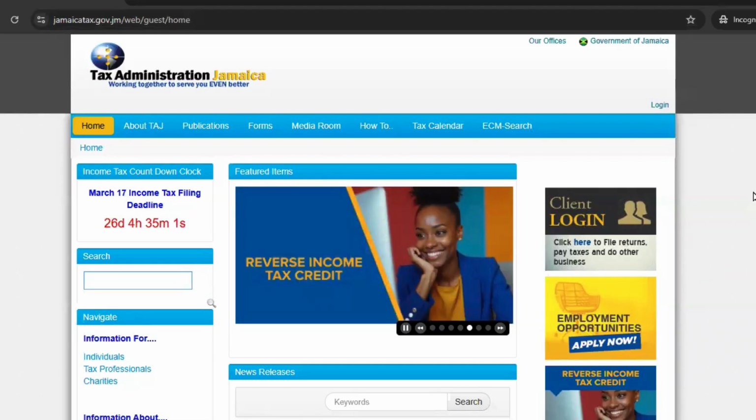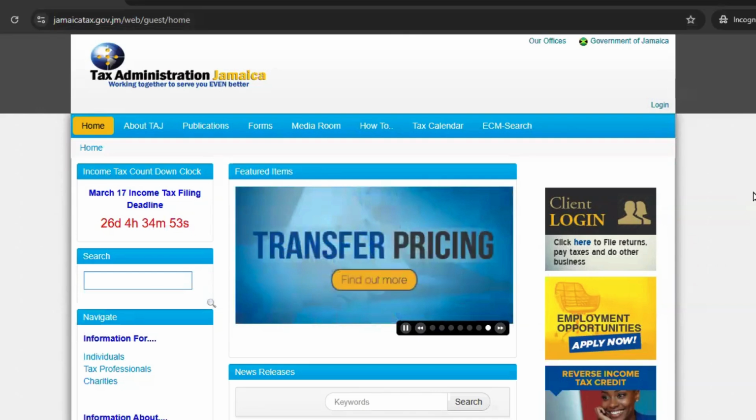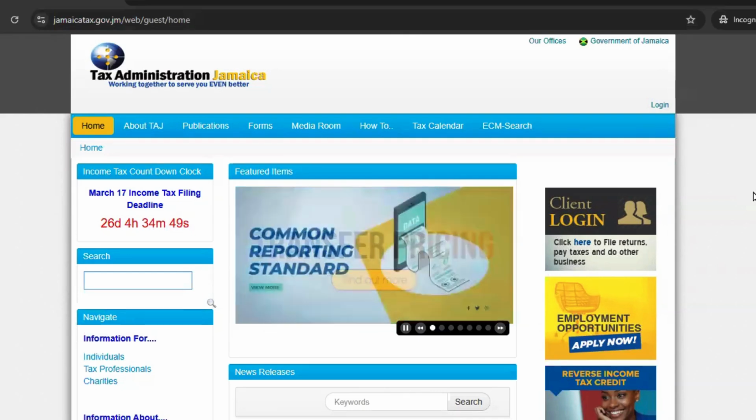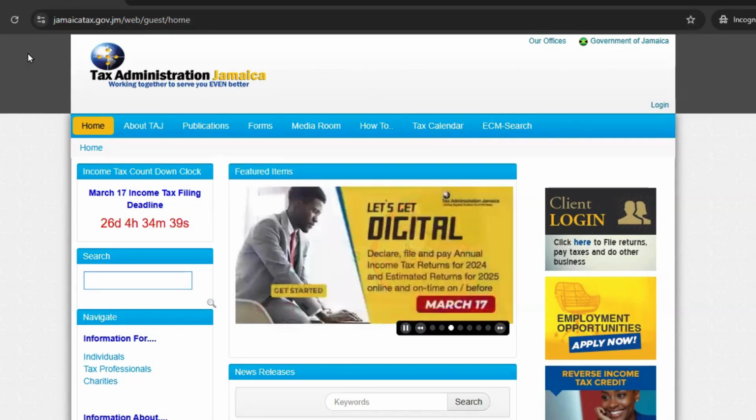Today, we're going to learn how to set up an e-services account using the Tax Administration of Jamaica website. Now, remember, you can also set up your e-services account by calling the tax office. But if you're more comfortable doing it on your own, you can go ahead and create that account from their website. So first, you go to your browser and you type